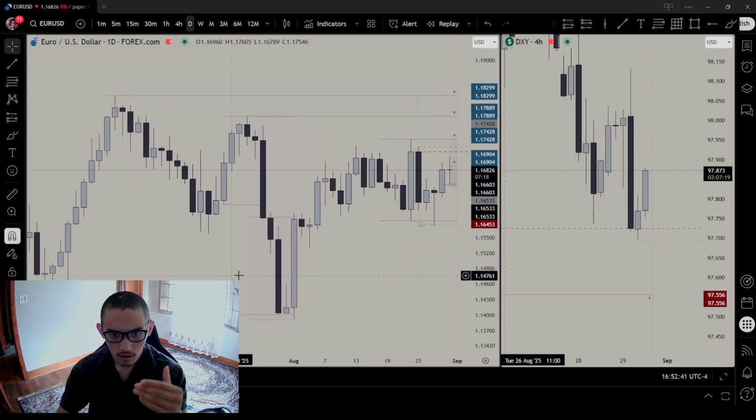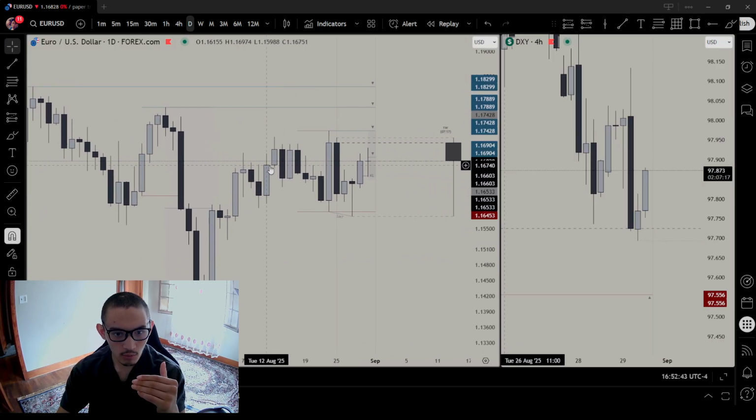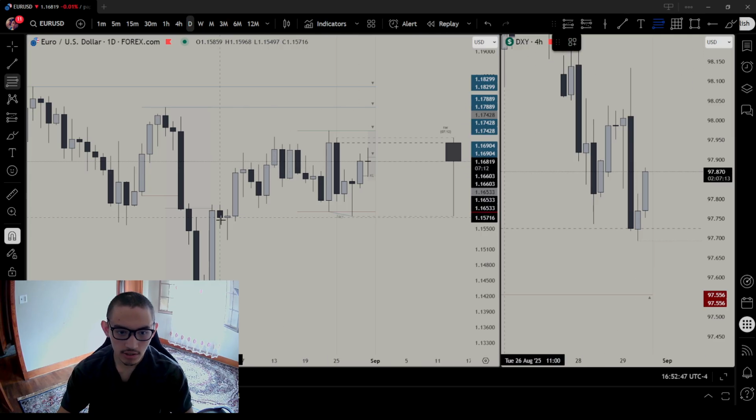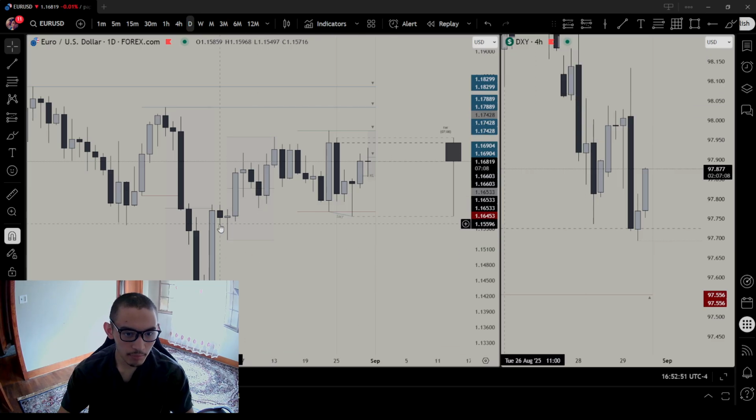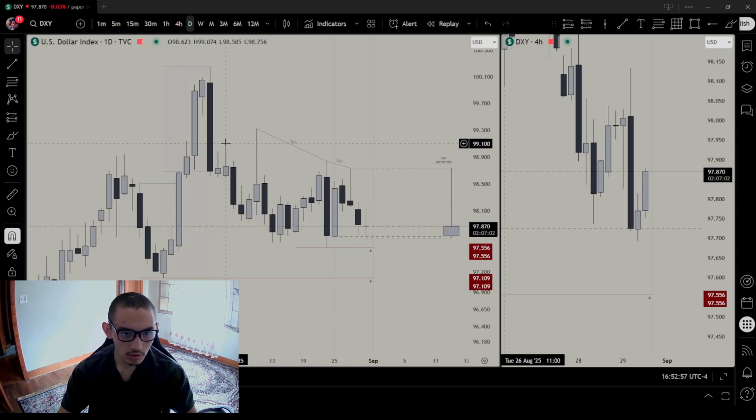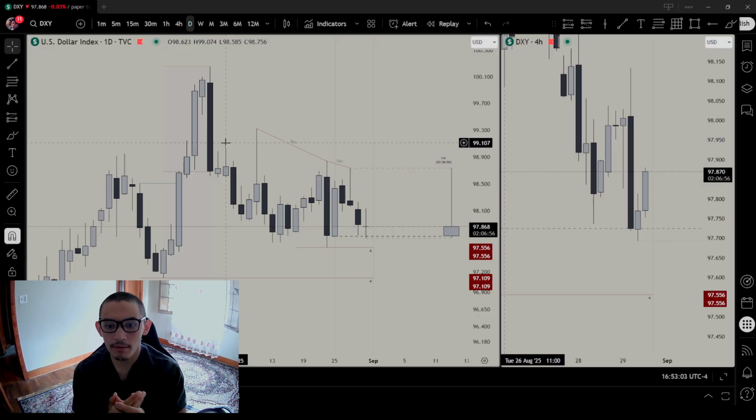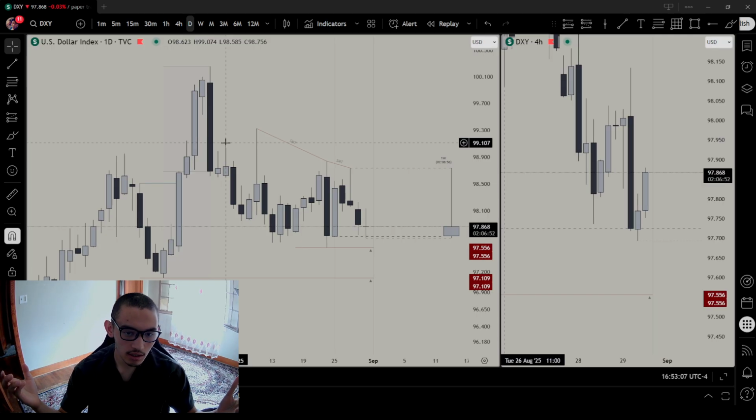So the reason why this stumble at the old low didn't work out was because there was a dealing range. Although this candle didn't sweep liquidity, because you never swept an old low, on DXY it swept an old high. So you always trust DXY more than EU. When you're trading any pair, always trust DXY, because DXY is the what?